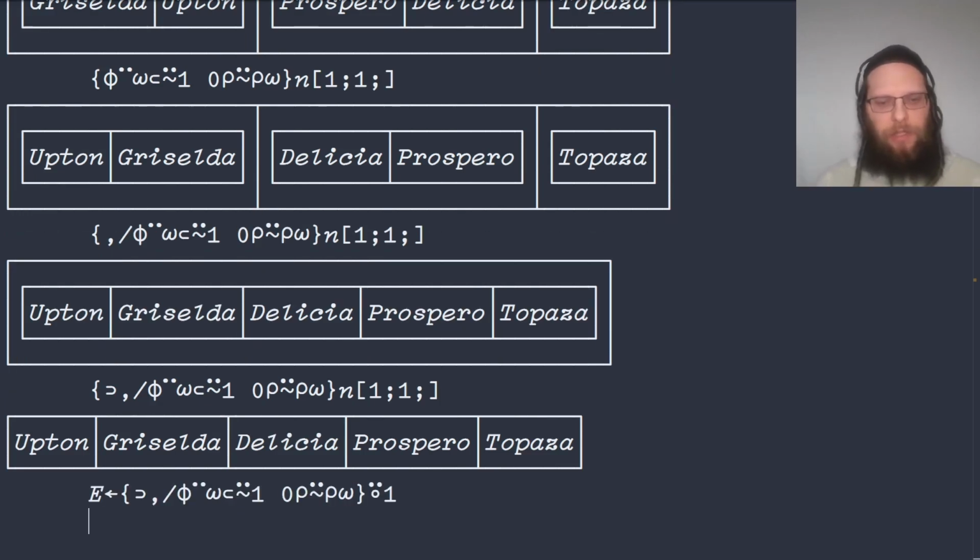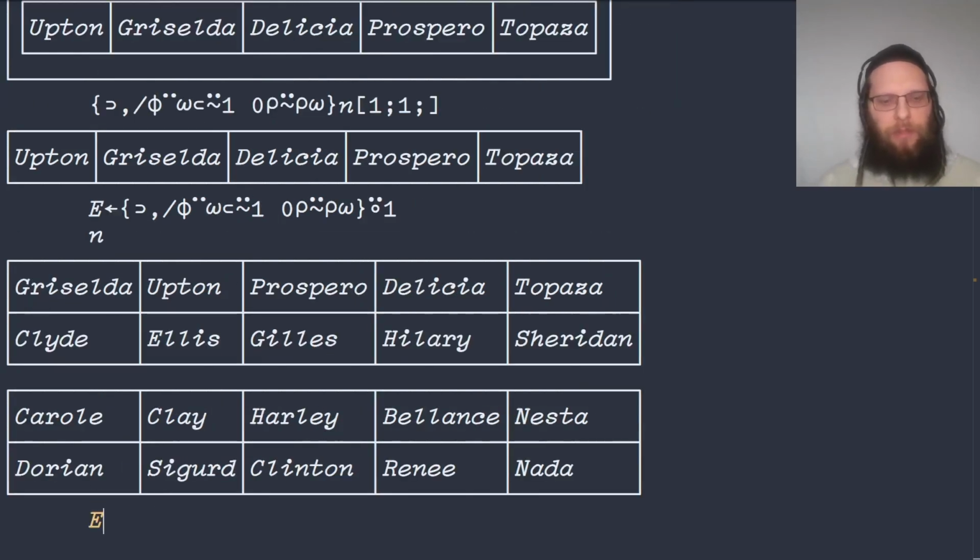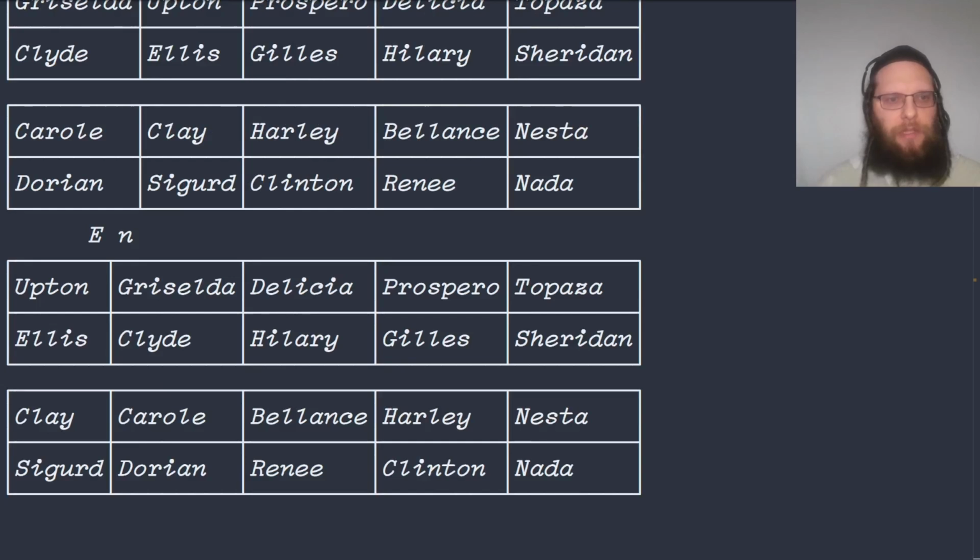So we can try this. Let's print out the names again just so we can compare them, and then we apply the e function to that, and we can see that we got exactly the result that we wanted. So this is one way to approach it, but there are many others. I'll go through another couple of